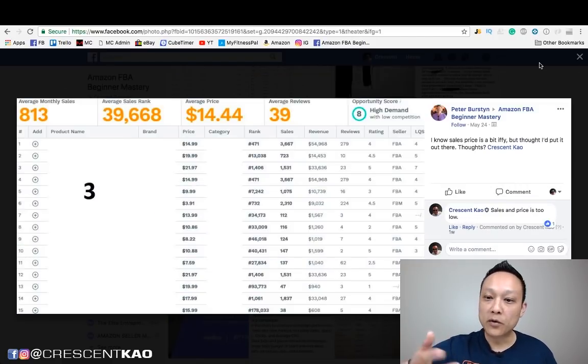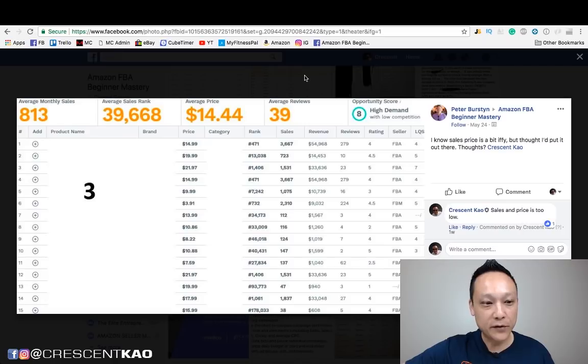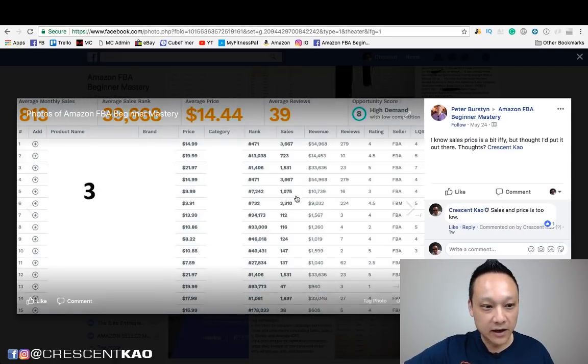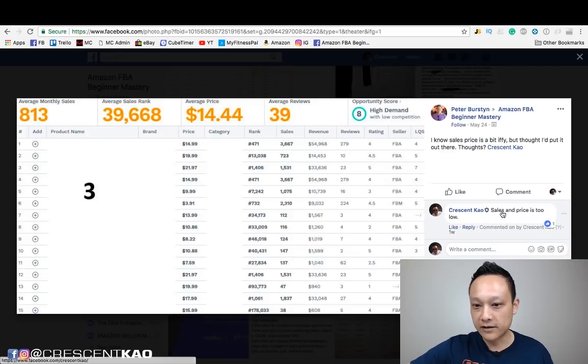And looks like this is what I stated for him there. Now one more. Let's see, this one's by Peter. And if we look at the price, price looks like it's borderline too low on this one. Remember $15 or more. You got to make sure your profit margin is there, guys, because you're doing this to make money. So if you're not making profit, there's no point in doing it. Sales, again, more than 300 per month. And it looks like the top 6 are doing really good and it just tanks. So I'd be careful there. Reviews, 1, 2, 3, 4, 5, 6, 7. Passes on reviews, but sales drops off too quick, price is too low. And looks like I said the same thing right there.